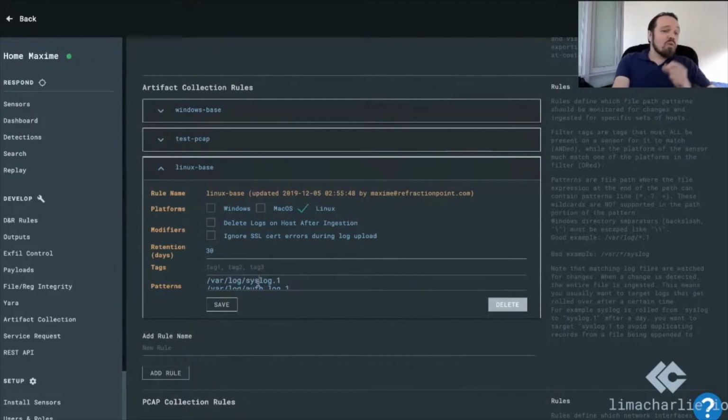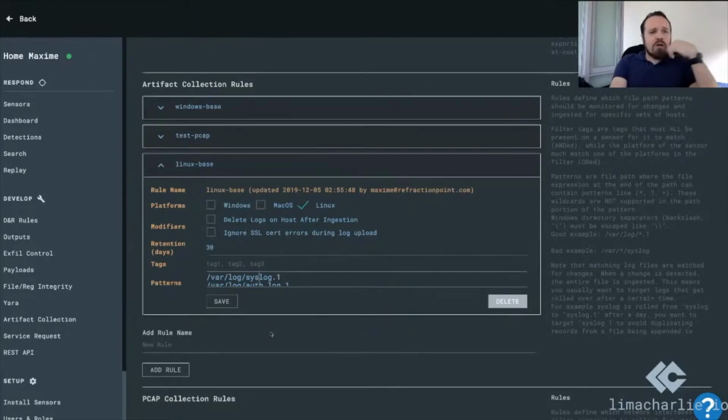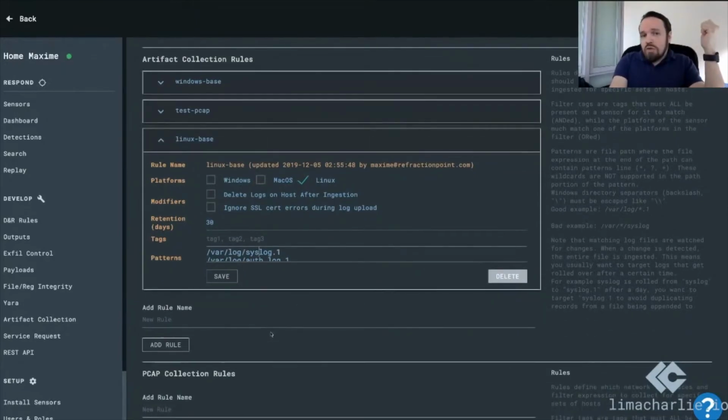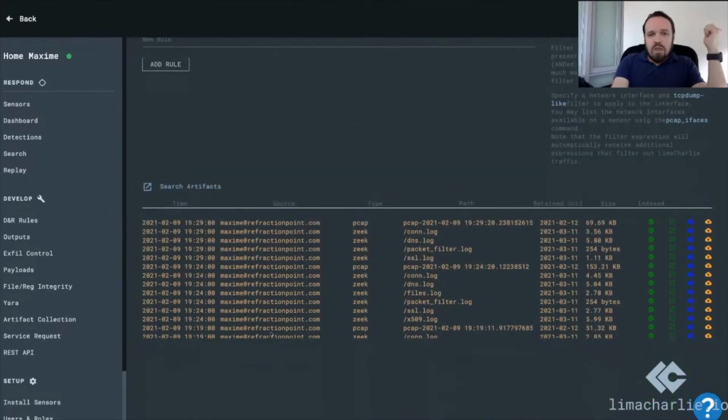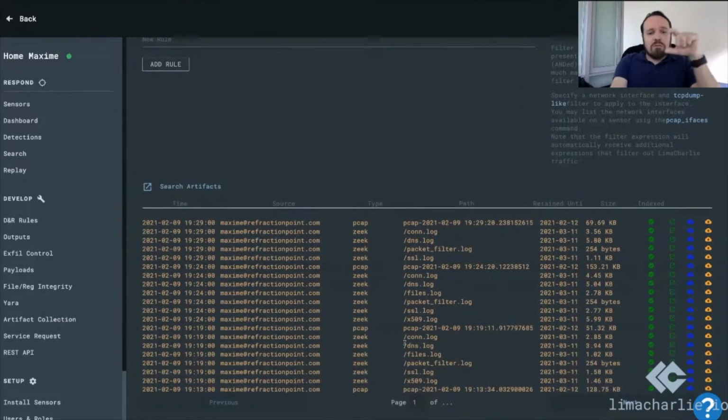And I specify the .1 value so that I only get it when it's rotated and it's a clean version. Every day, I get one clean version. So this is a good example of some basic rules to collect common things that are useful. And then here, at the bottom, you get a small preview of what artifacts came in recently